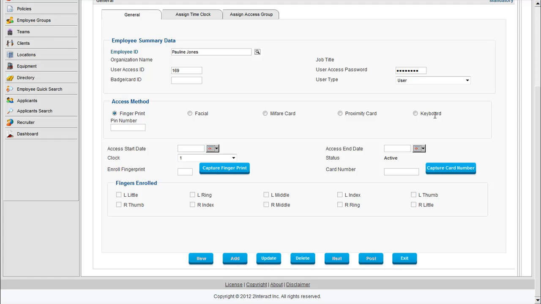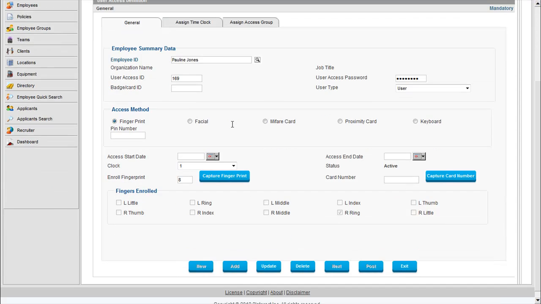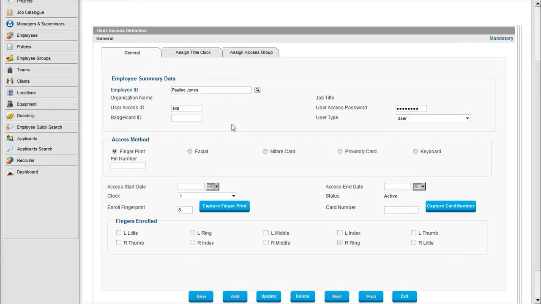If we are going to have her use a fingerprint, we can capture her fingerprint right here. And in a matter of seconds, the fingerprint can be replicated to all other entrances where Pauline may need to access. As you notice, there was never a time when we had to key in new information about an employee. There was never a time where we had to do import or export. All the integration required is available within the system logic. Everything has been done within the same Interact application where the employee data was synchronized with the time clocks, and